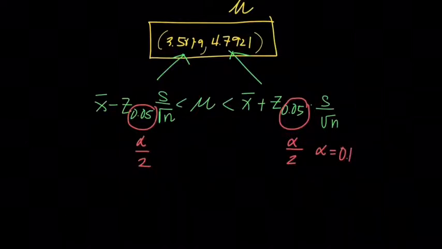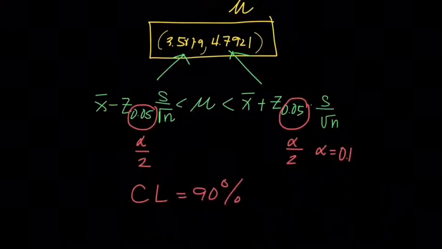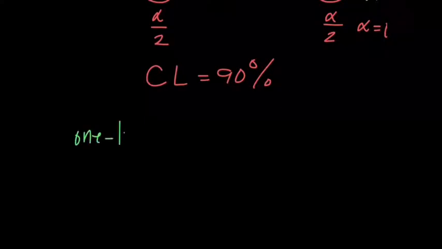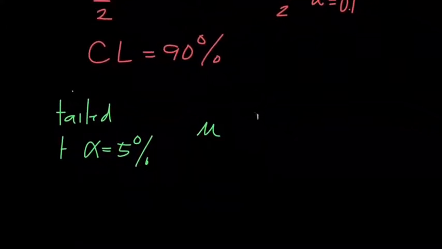And for the confidence interval formula with an alpha of 0.1, we know that the confidence level is 90%, which gives us the idea that if the test is supposedly a one-tailed test that uses an alpha of 5%, then to directly estimate the value of the mu, you can use a confidence interval with a confidence level